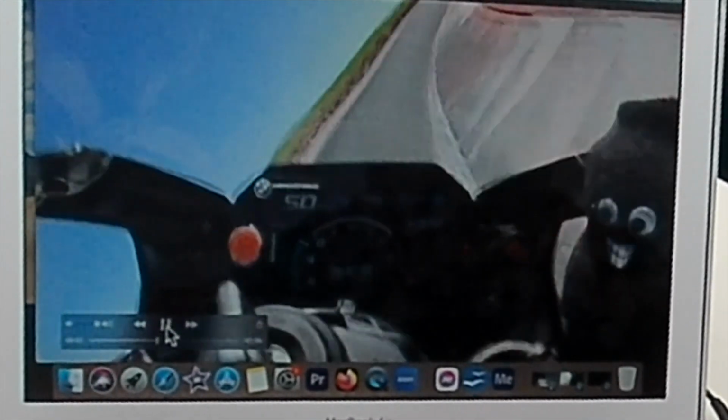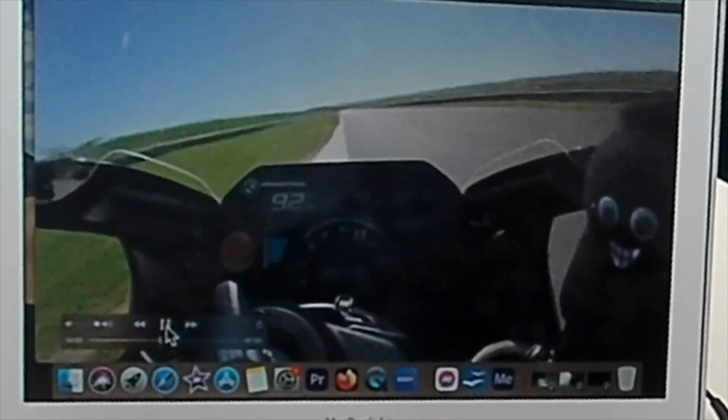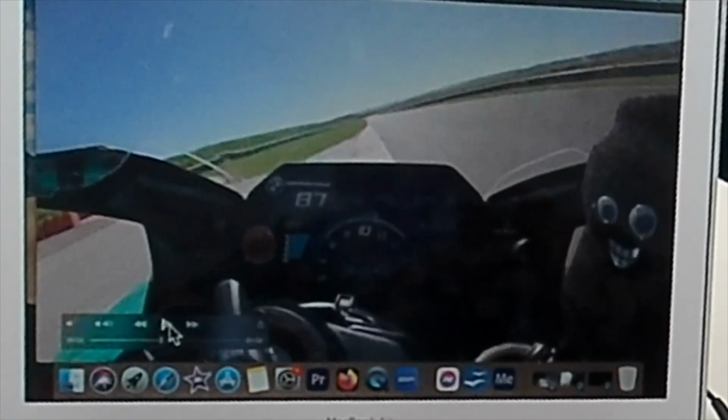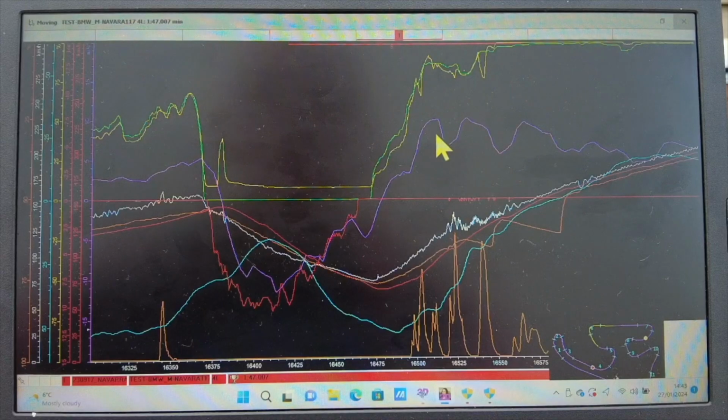arrive at the apex, start the drive out, and we ran onto the curb. You can only just hear a small amount of quavering with the engine note. You can see on the screen itself the traction control is really cutting in hard. This image here matches perfectly with what's going on in this screen here, and you can in fact see the front